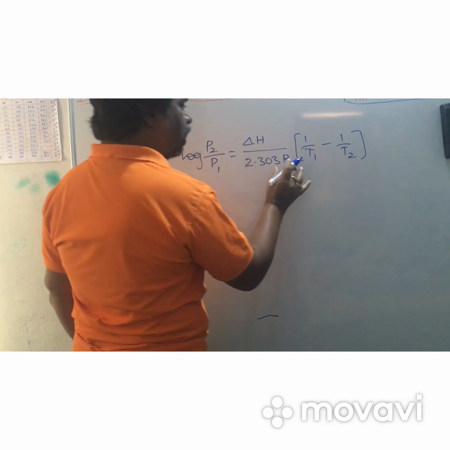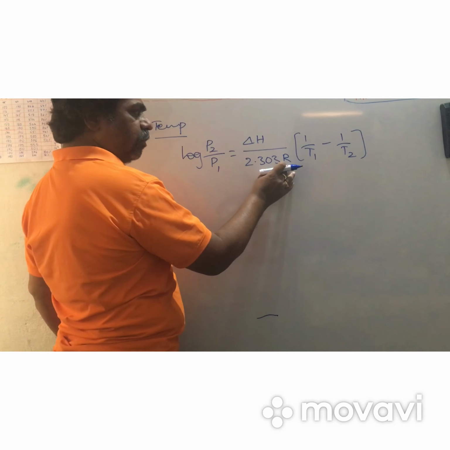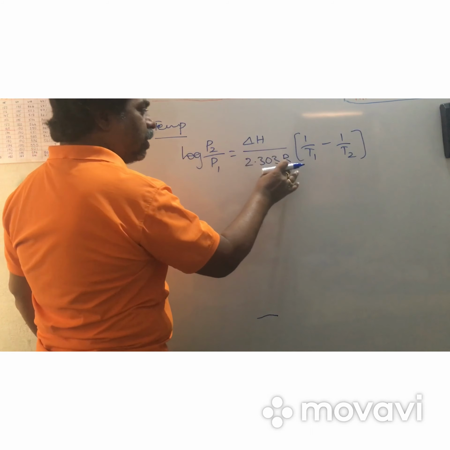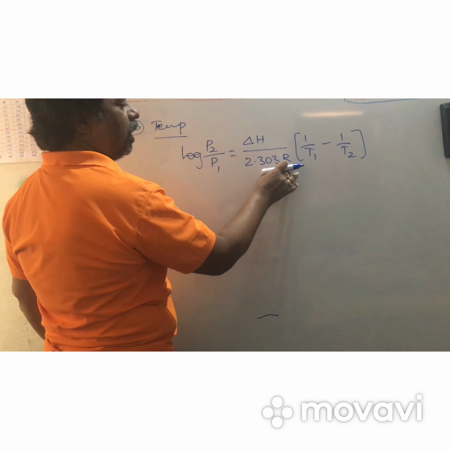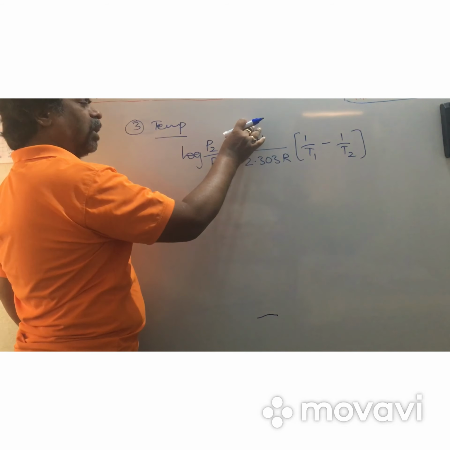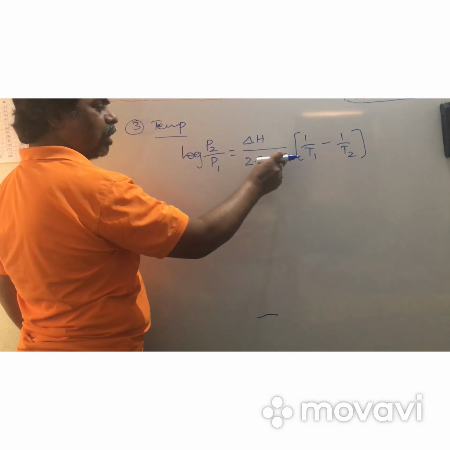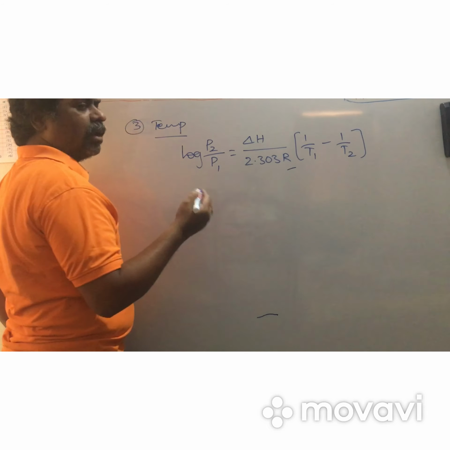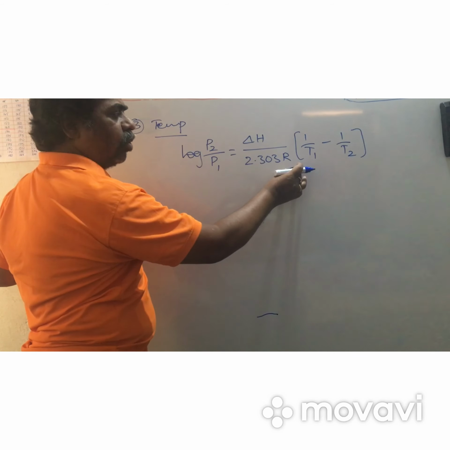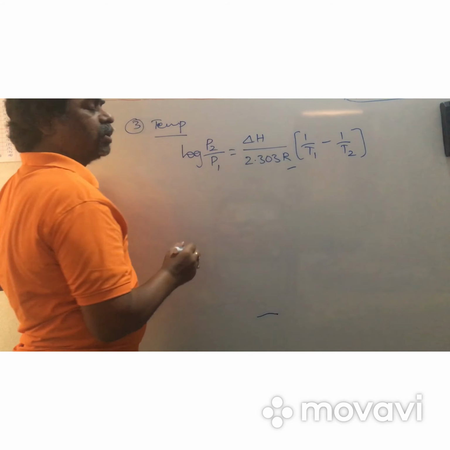In this case, R is the gas constant, since vapor exists in the gas state, and delta H is the heat of vaporization. Depending on the units of delta H, you have to take the units of R. If delta H is given in kilojoules, take R in kilojoules. If delta H is in kilocalories, take R in kilocalories. We already learnt the R value in gas state, chemical kinetics and thermodynamics: 2 calories per Kelvin per mole, actually 1.987, which we can take as 2 calories per Kelvin per mole. In kilocalories, 2 into 10 power minus 3 kilocalorie per mole. That depends on delta H, the heat of vaporization.